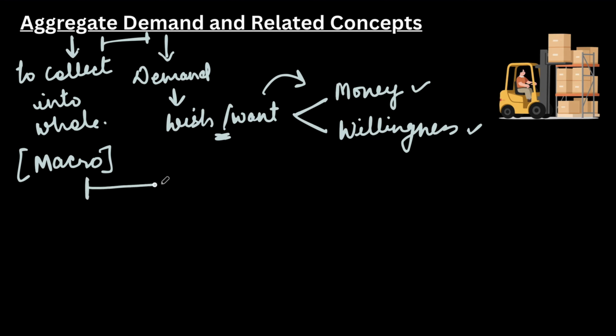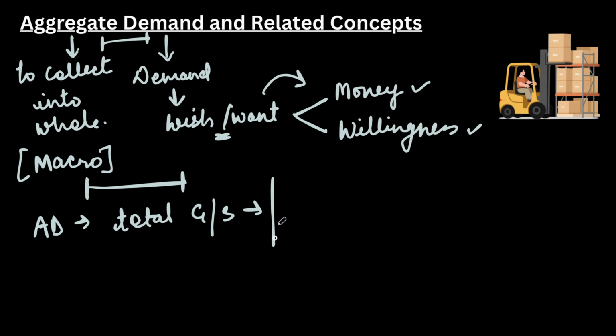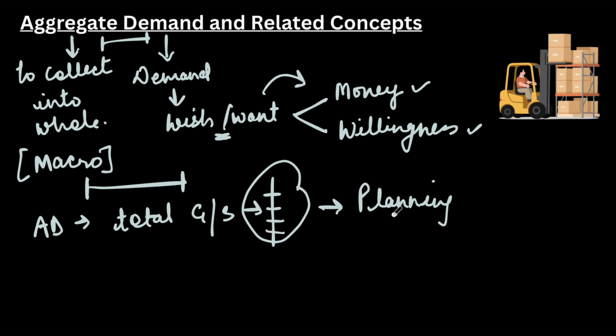So after studying both the meanings, we come to this: aggregate demand refers to total goods and services that are being demanded by all the sectors of an economy. There are four sectors of the economy, which will also be covered in the components of aggregate demand, don't worry. So total goods and services which all the four sectors of an economy are planning. Please remember that they are planning to purchase them, not the actual demand, but they are planning to purchase it with the given level of income. This is also important: with the given level of income and in an accounting year.